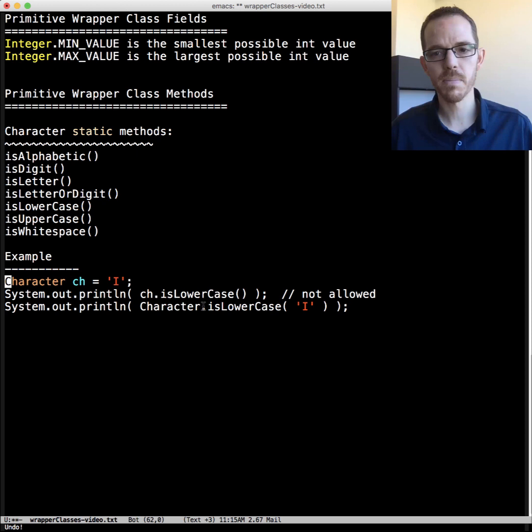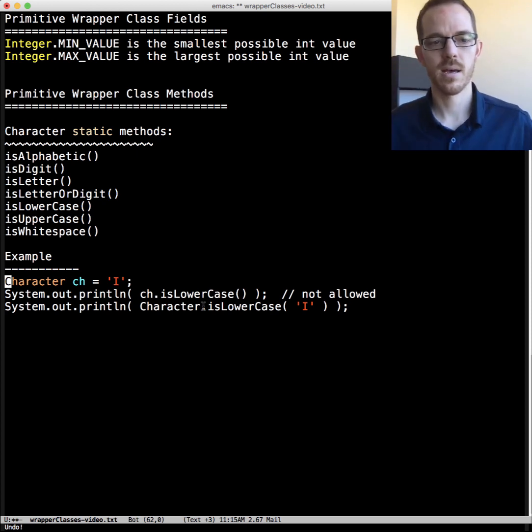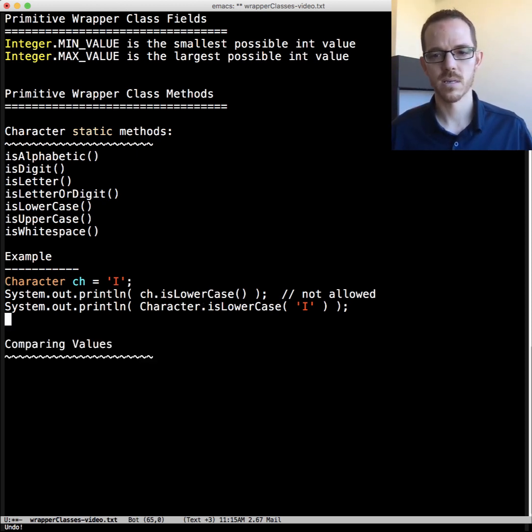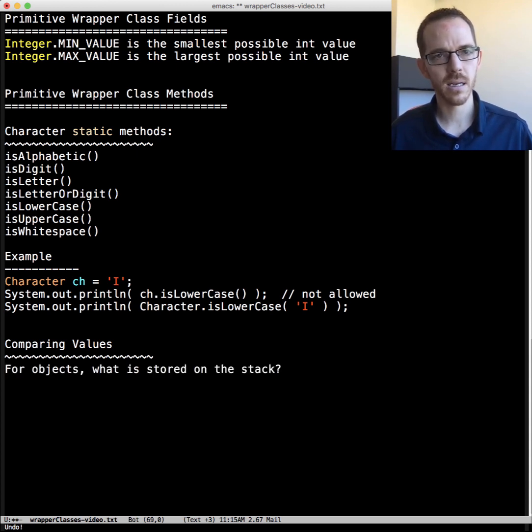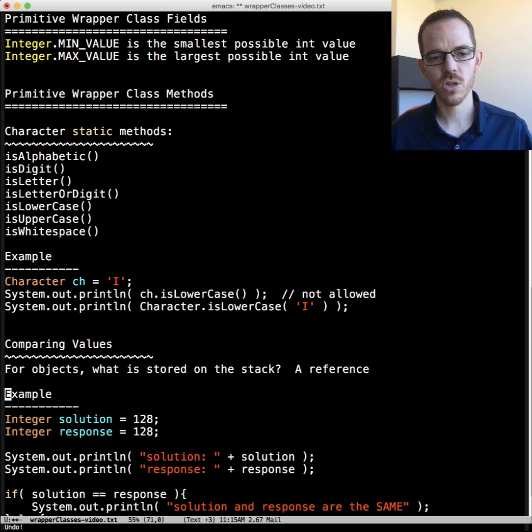Now let's talk about comparing values with reference objects. For objects, what is stored on the stack? It's the memory location for that object. We call that a reference. Let's look at what happens in this example.